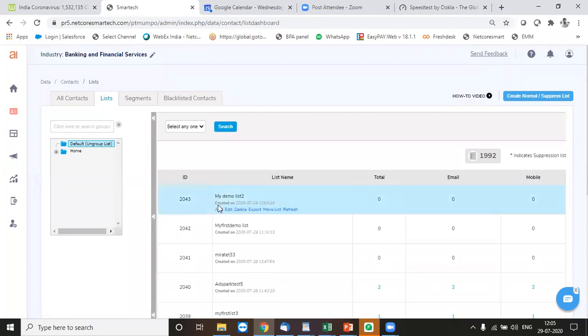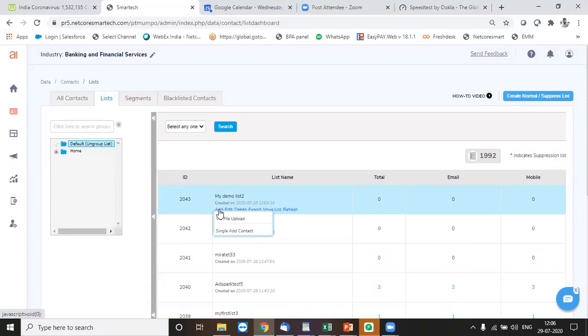Now, how do I add the contacts? There are three ways. Either I upload manually by creating a CSV Excel file. Second, I create an API automation between my website, CRM, or any other source and connect that database with my SmartTech database.